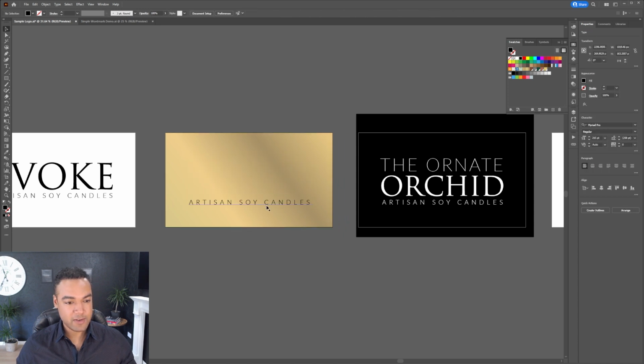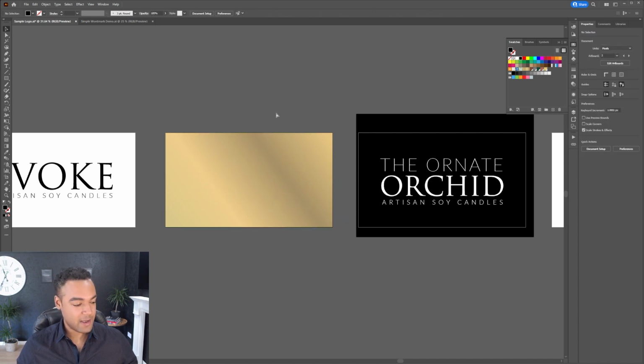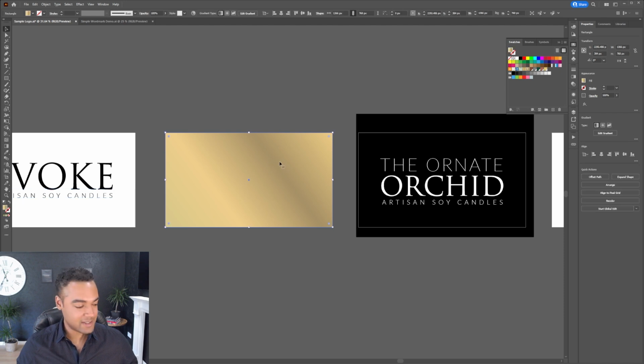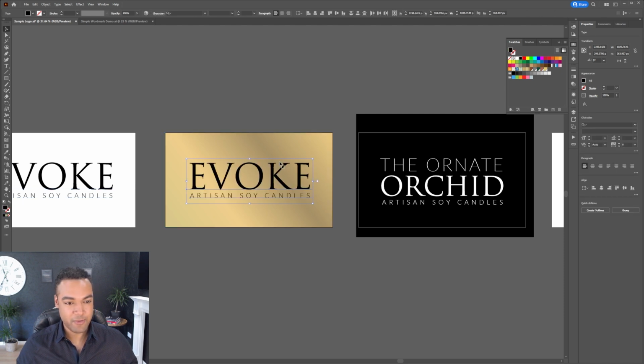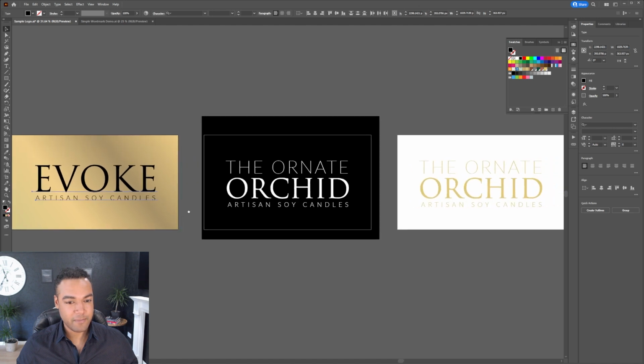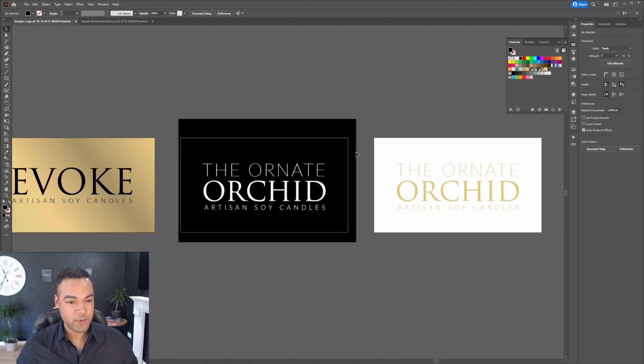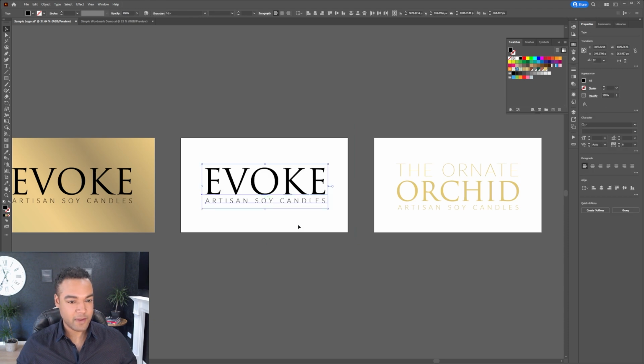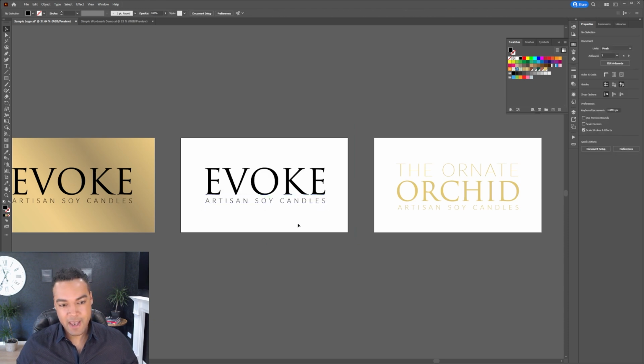And we're then going to delete what was here, and having copied, so select it all, Command or Control C to copy, and then with the next artboard selected, Command or Control F to paste in front, and that will give you the exact same positioning. We'll do that for this artboard. So I'm going to delete everything here, paste that in place, and if I want to change this to white,